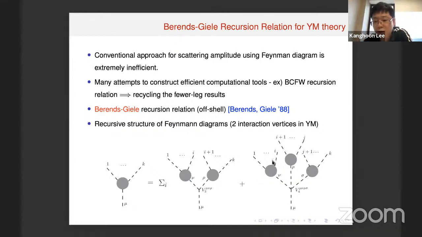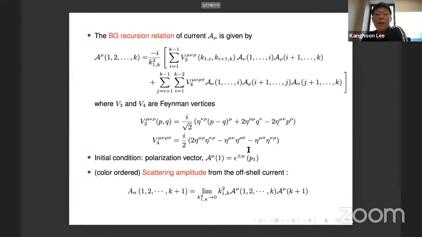If we look at any of these currents, there is the same structure, so we can define a recursion relation. Here V3 is the 3-point vertex and V4 is the 4-point vertex. And we have to assign the initial condition,